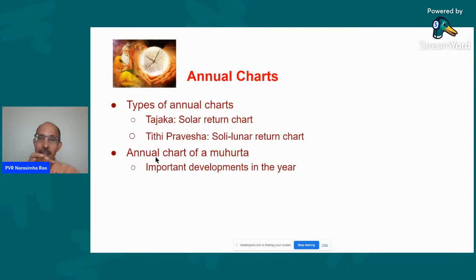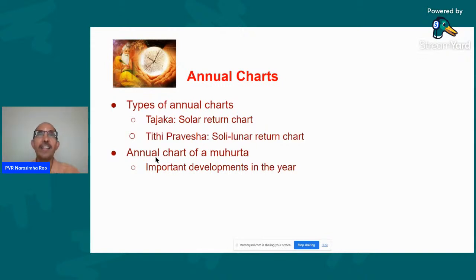Suppose you are looking at somebody's tenure at a company. When somebody started a new job, you make a chart and see the tenure at that company. You can see things like promotions, layoffs, or demotions, or a very challenging year when somebody is struggling in the job, or a very great year when somebody is highly recognized and rises in the career, and stuff like that. So it has to be limited to the job.